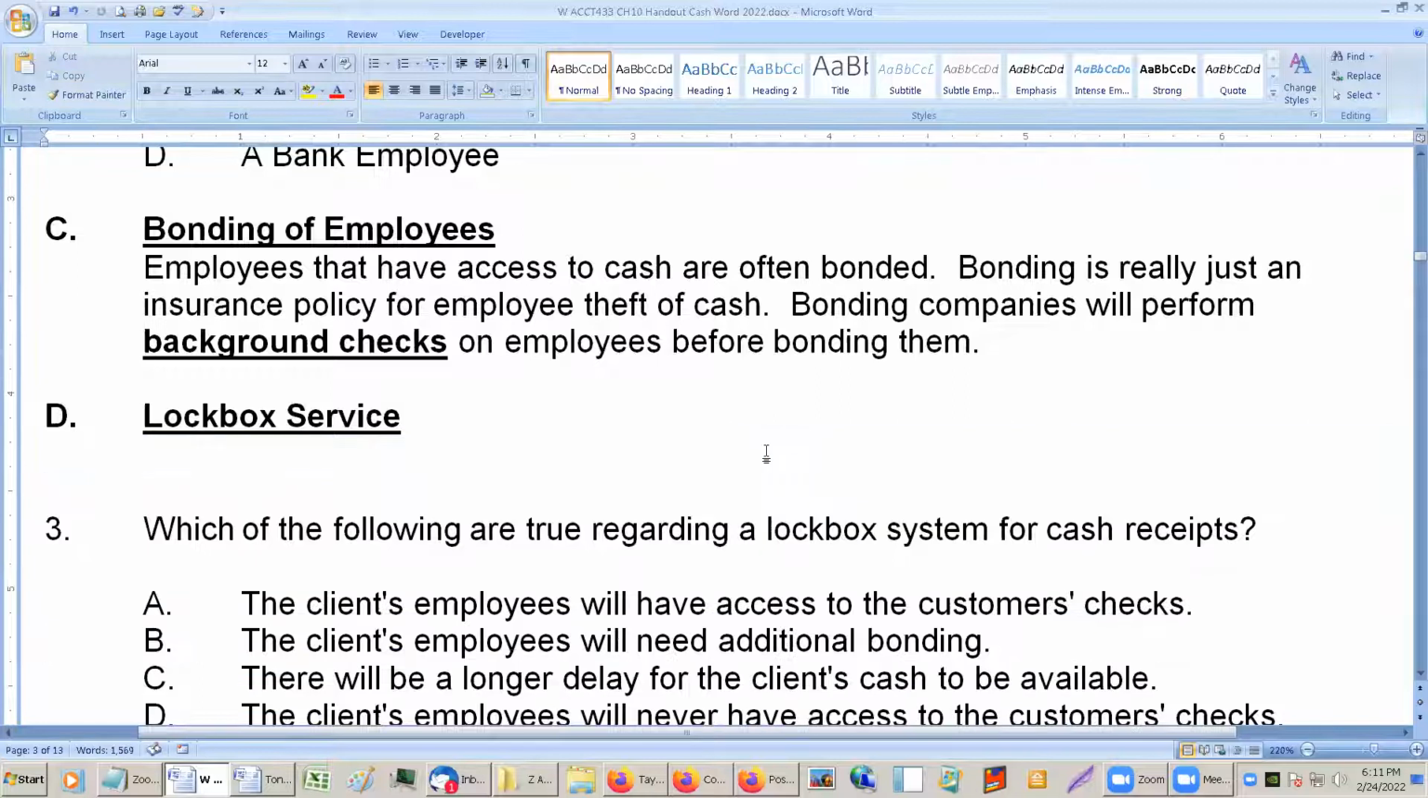Lockbox Service. Instead of the client receiving customer payments,